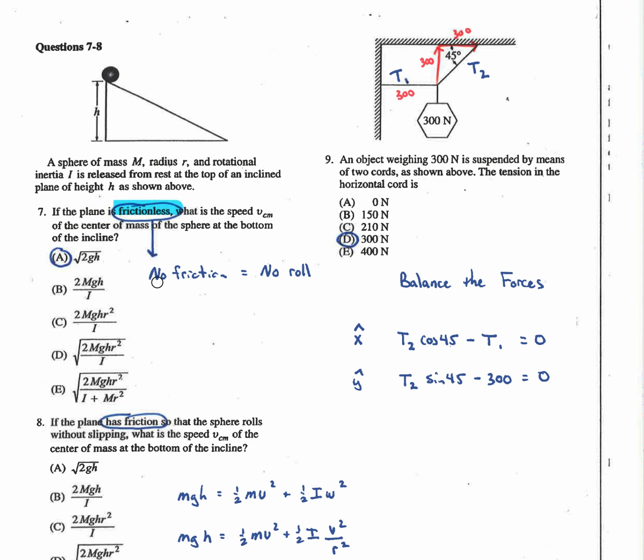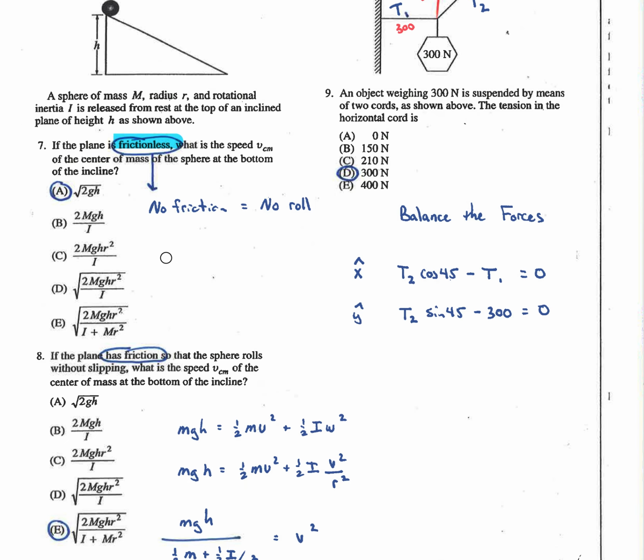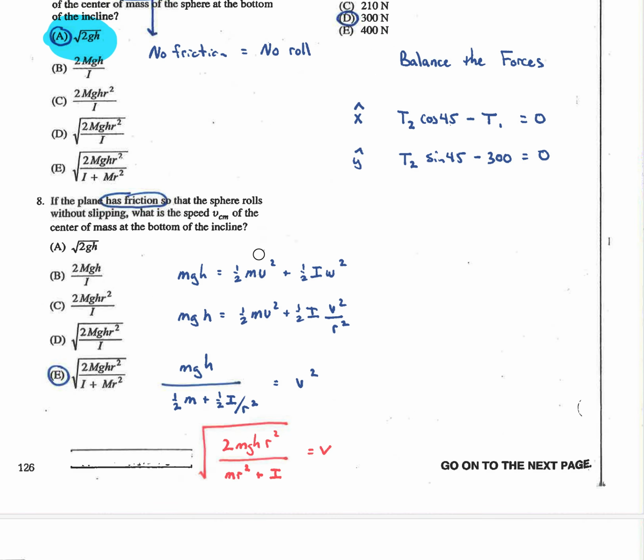So when we do this, it's just mgh equals 1/2 mv squared, and we solve for the velocity. Again, no friction, no roll. Now this one,